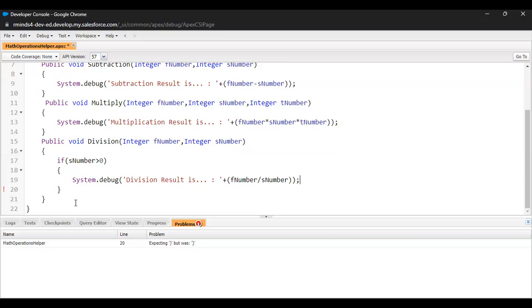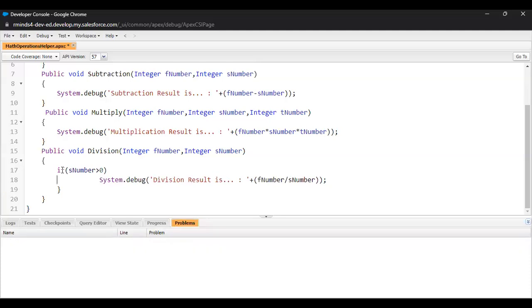So this is the if case. Since I'm writing only one line of code, I'm not using the curly braces. And the else case is